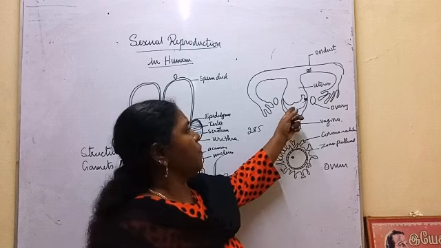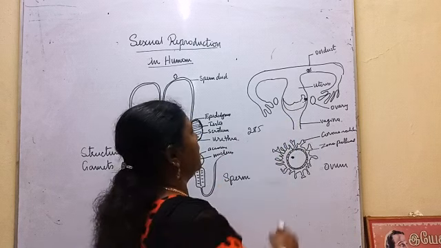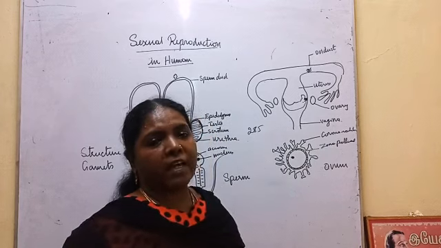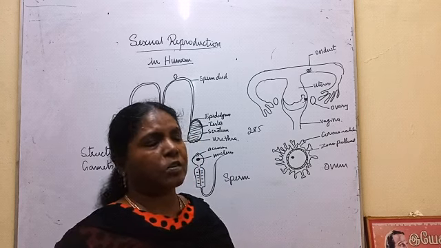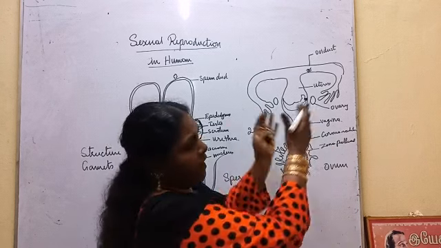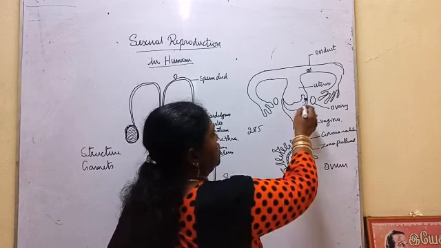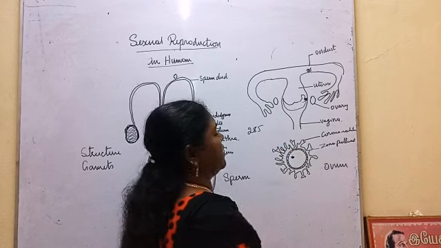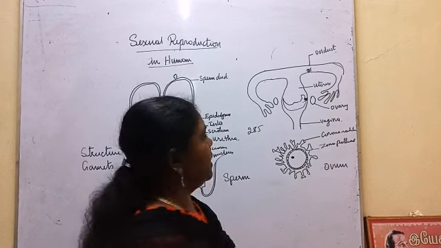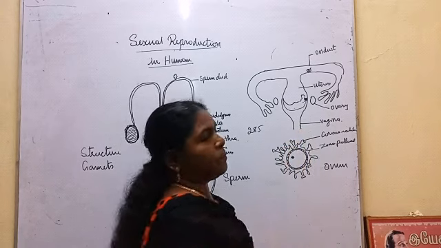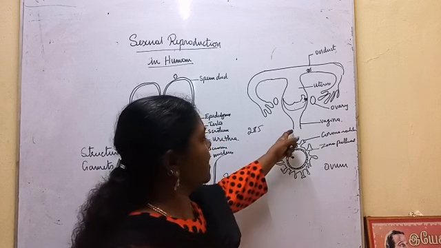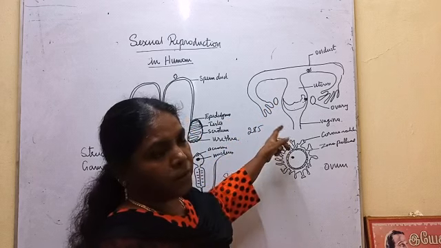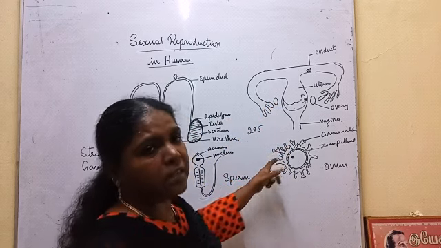nourishment, blood supply, everything will be given to the fetus. When the fetus is fully developed, in our endocrine system, the pituitary gland secretes a hormone called oxytocin. That oxytocin makes the uterine wall contract. Due to this contraction of the uterine wall, the fetus will come out through the vagina. That is called childbirth. And this vagina serves as a birth canal. Okay. This is how sexual reproduction takes place in